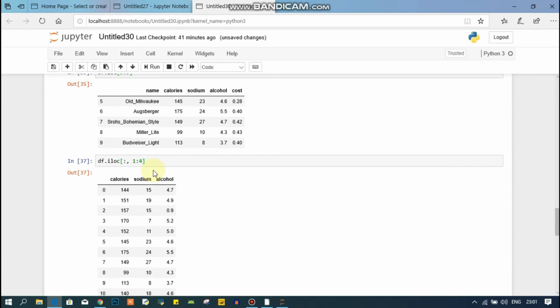So okay guys, this was all about using the loc and iloc methods, how you can use them and apply conditions. So what we saw in today's video is that loc is a label based indexing method in which you need to pass the name of the column instead of passing the index values, and the iloc method is the index based method. Like here, instead of passing the column name, you just need to pass the index values of that column and you will get all your information.